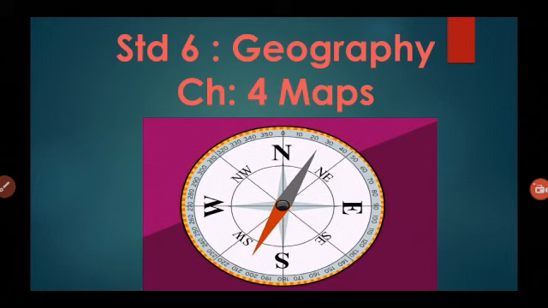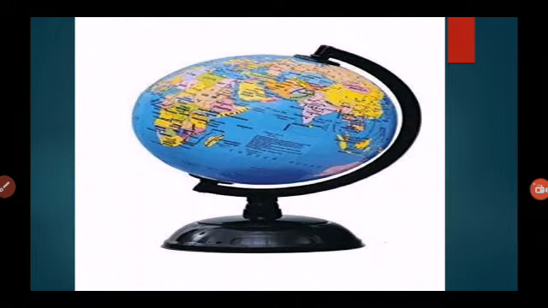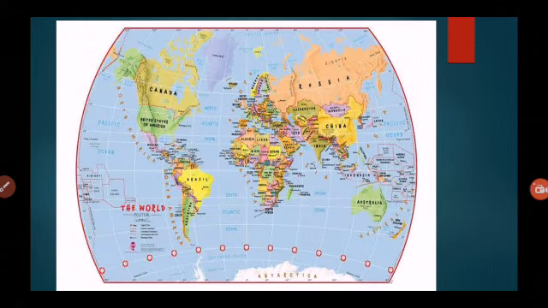Students, you have already learnt in the previous chapter about the advantages of the globe. However, the globe has limitations as well. A globe can be very useful when we want to study the earth as a whole. But when we want to study only a part of the earth, such as our country, states, districts, towns, and villages, it is less helpful. In such a situation, we use maps.